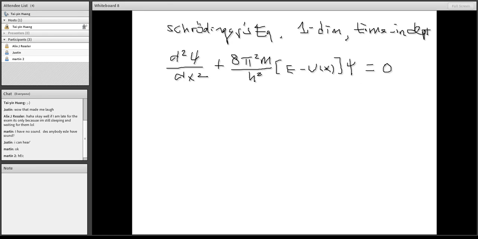In other words, we cannot really measure it. The only quantity that we can measure is the probability density, which is the wave function square. Okay, and that is something that is physical that we can actually measure. So the distinction between psi and psi square,